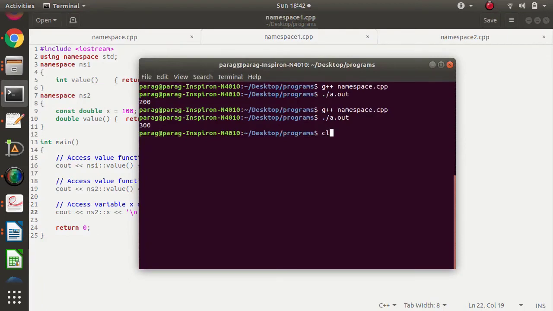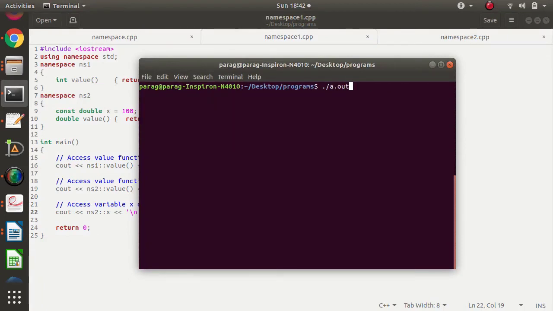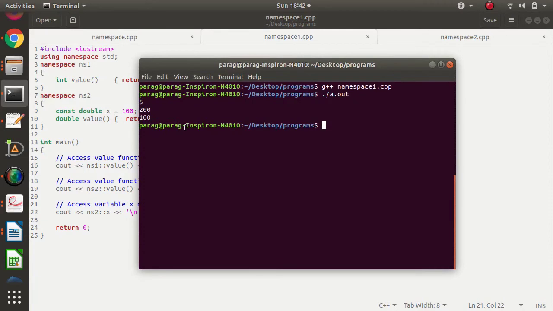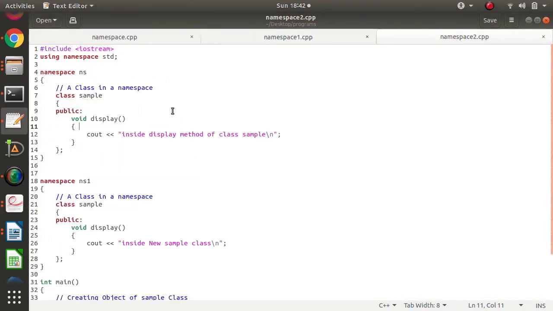So we'll see the output of this program. Here you can see we are getting a result 5, here 200, and here x, that is 100.